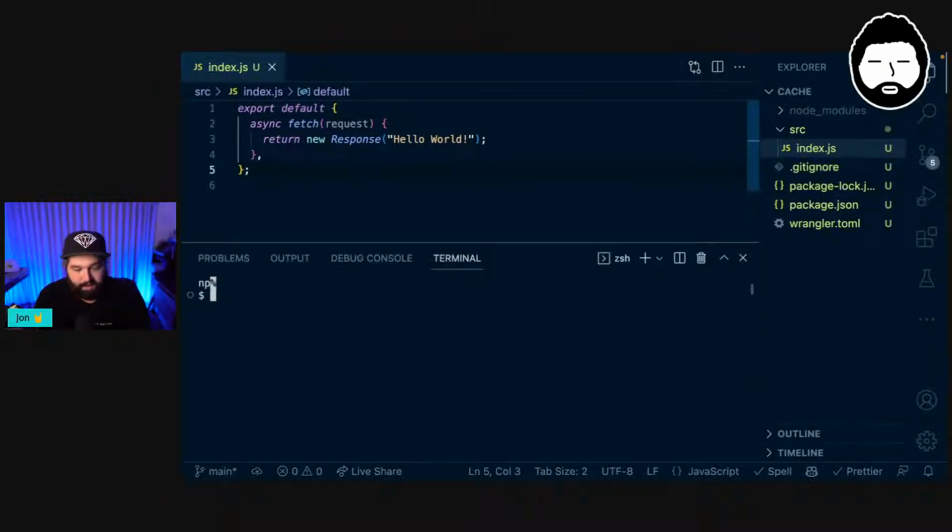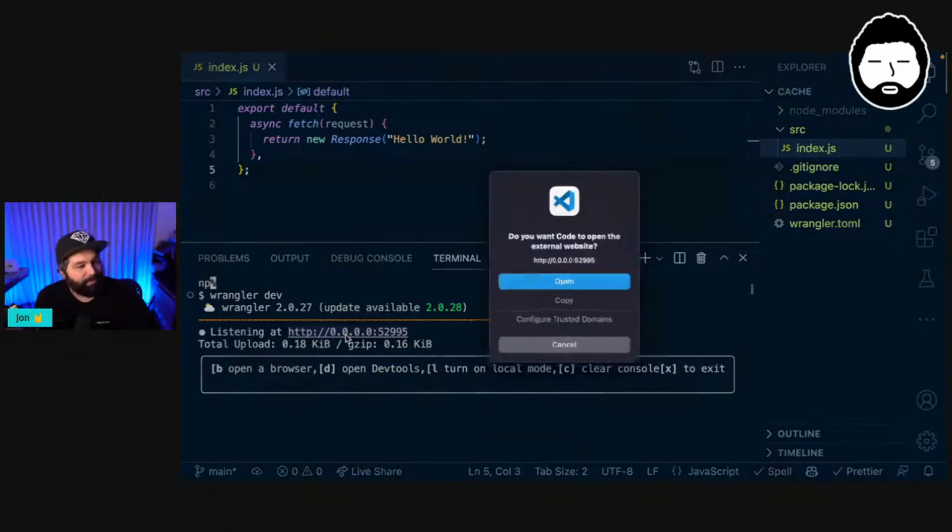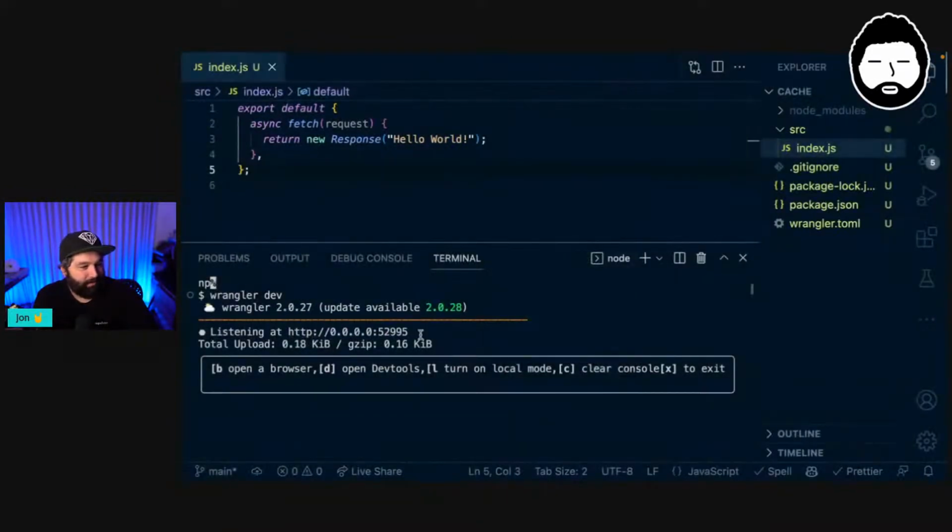And so if we want to run this, we could say wrangler dev. That's the command to run your code in development mode. So this isn't hosted on Cloudflare yet. It's just running on localhost. And you'll see that that is listening at localhost over port 52995. Cool. So maybe I'll just copy this,